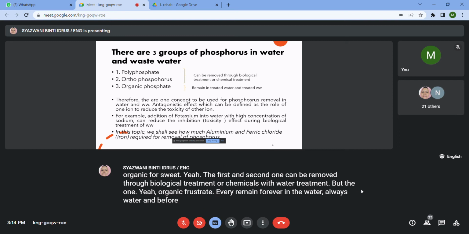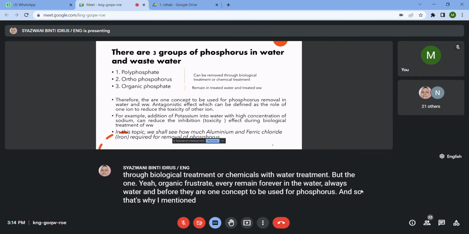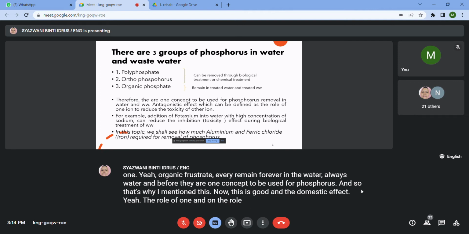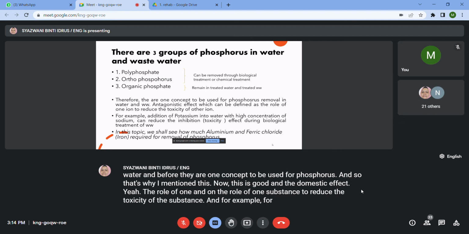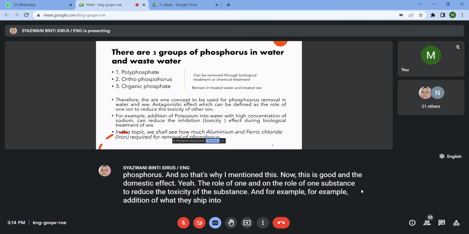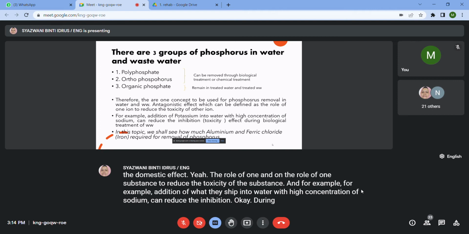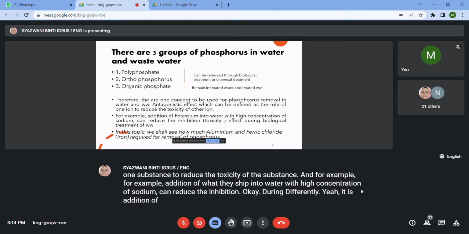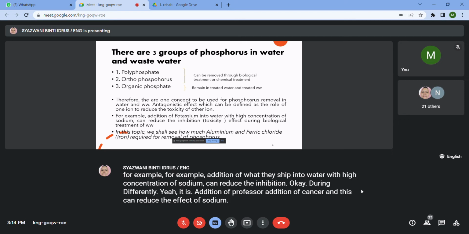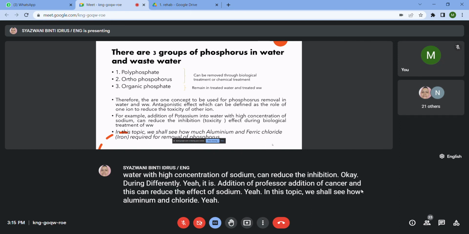Therefore, there is one concept to be used for phosphorus removal. That's why I mentioned just now, this is known as the antagonistic effect: the role of one ion, one substance, to reduce the toxicity of another substance. For example, addition of potassium into water with a high concentration of sodium can reduce the inhibition effect during biological treatment. Addition of potassium, addition of calcium, can reduce the effect of sodium. In this topic, we shall see how aluminium and ferric chloride, which is iron,